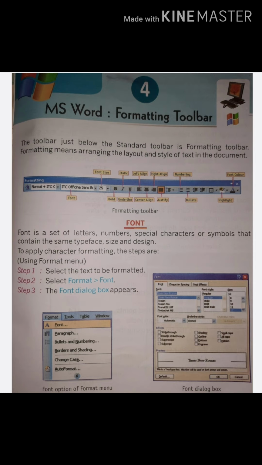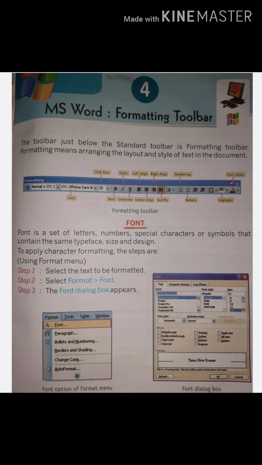Font dialog box. Though the easiest way of formatting is using various buttons on the formatting toolbar, we have already seen how to change font and font color from the Font dialog box. Let's study some more features that it provides. Font style box would change the font style to italic, bold or bold italic according to your action. Underline style helps you to underline from a drop down list. Choose an underlining style. Font color will help you to change the color of the text using a drop down list. Select a new color.